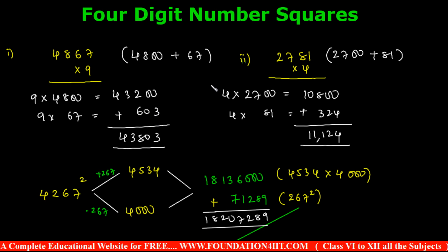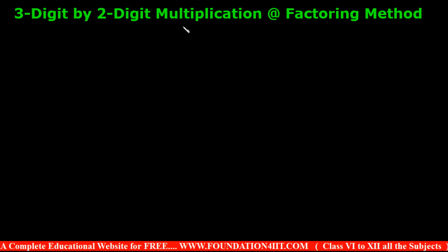Next, let me show you some 3 digit by 2 digit number multiplication in different methods. 3 digit by 2 digit multiplication using the factoring method. Especially for upper primary children who are facing problems with directly multiplying with 2 digits, this factoring method technique you can follow. Just take one simple example: 637 multiplied with 56. When they are facing problems with the carrying rule or writing in two different ways, we can split into parts and multiply.